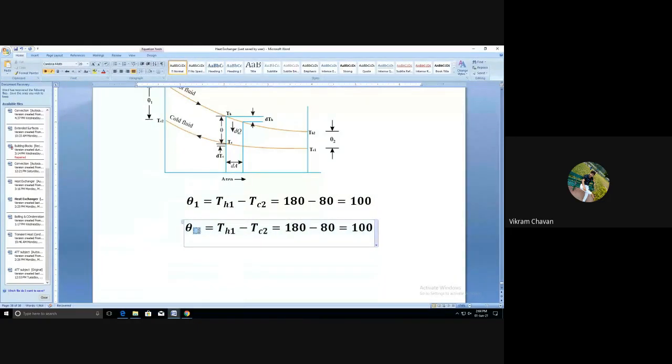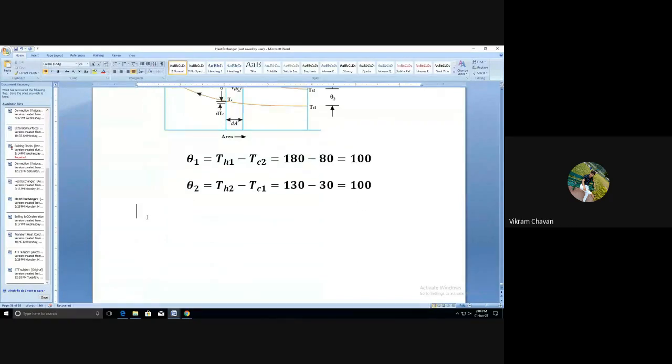Theta2 is equal to TH2 minus TC1. So TH2 is 130 and TC1 is 30. Once again we will get 100 only. So what is the case here? We have to consider the case